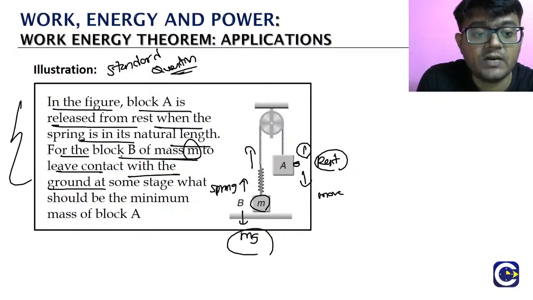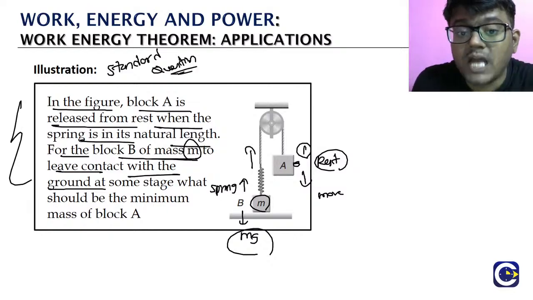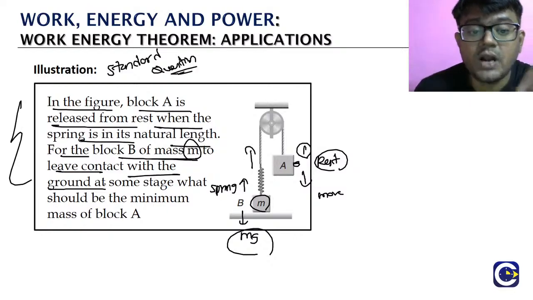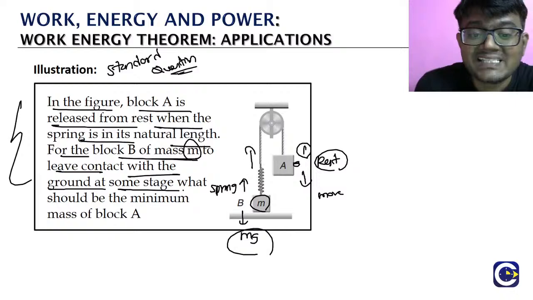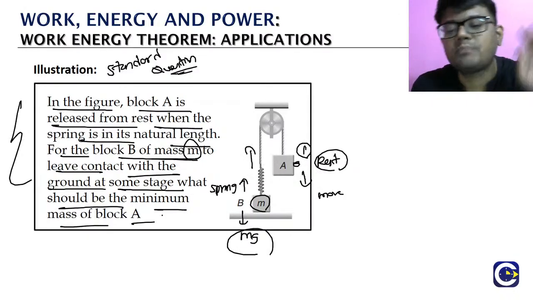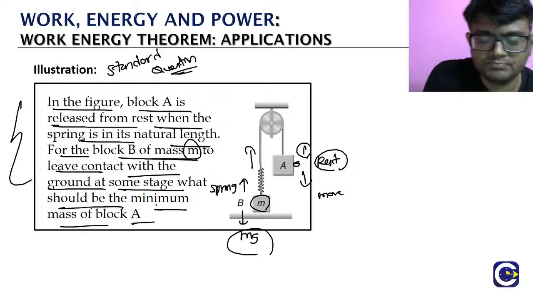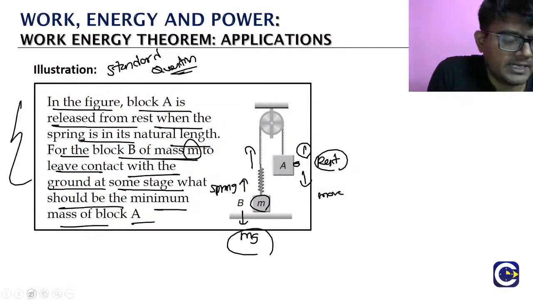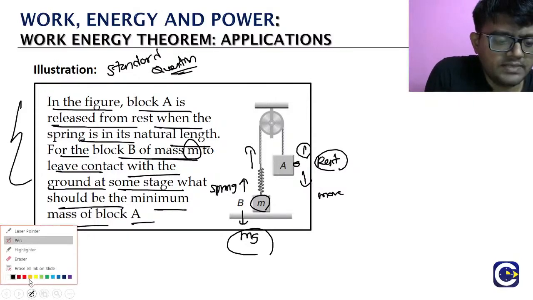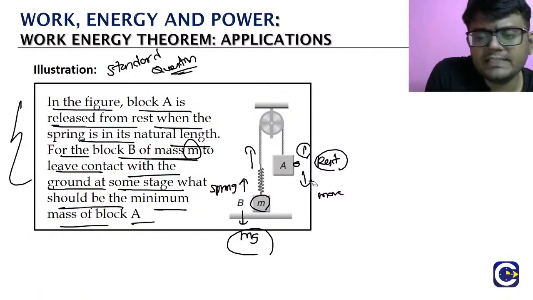Okay, so the question statement: for the block B of mass m to leave contact with the ground at some stage, what should be the minimum mass of block A? We need to find the minimum value of the mass of block A. So how can we solve this? Let us say